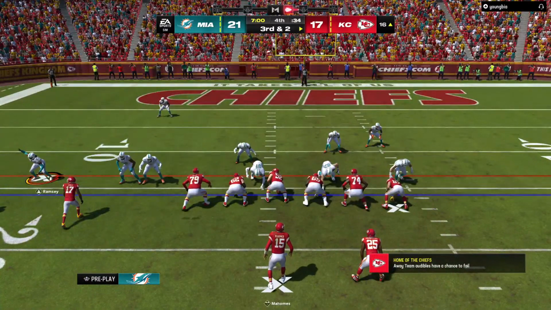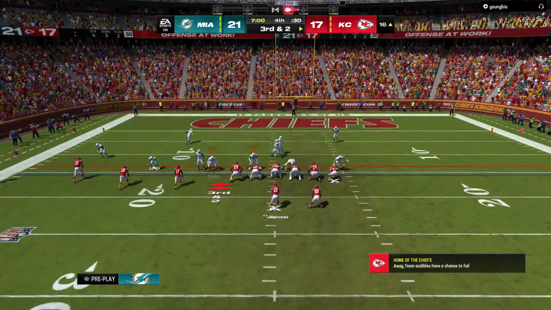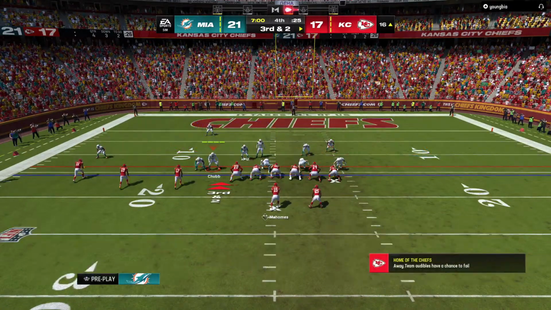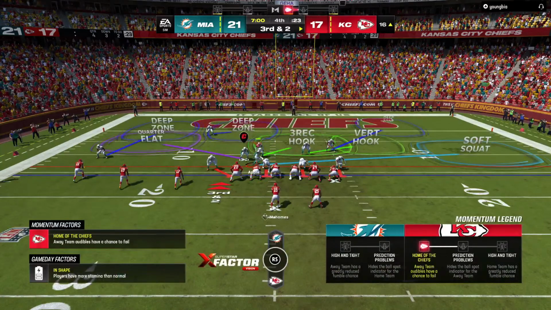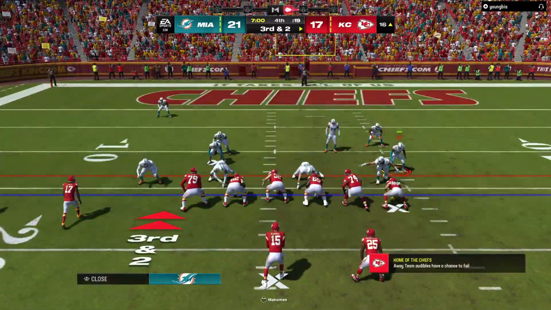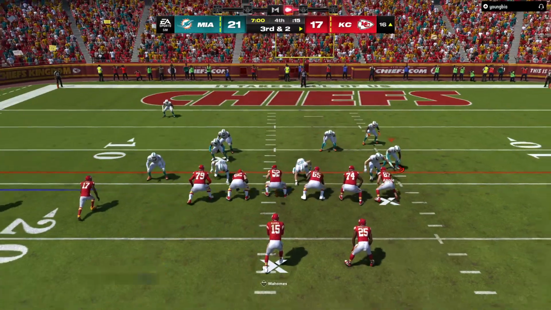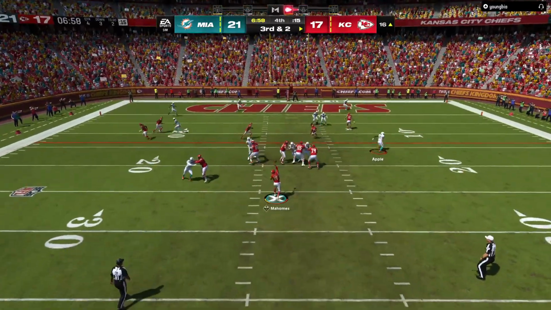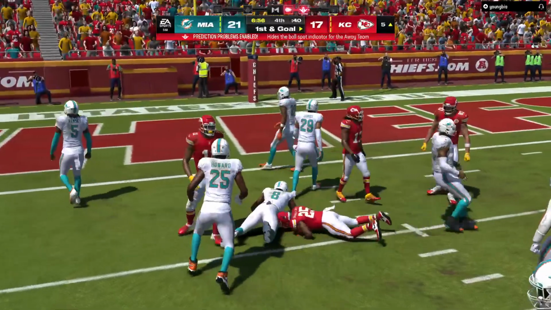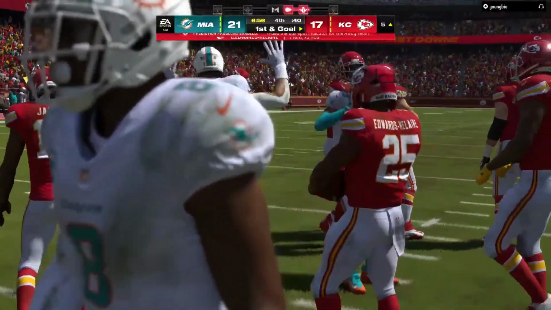So they need 2 yards here on 3rd down. Remember, they're already 2 of 2 on 3rd down conversions on this drive. Now Mahomes works in the middle of the field, and he's got a man complete. Well, the Chiefs are going to have 1st and goal coming up as they're able to convert there on 3rd